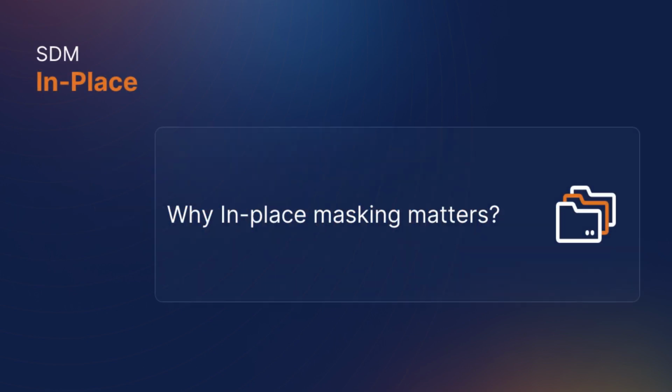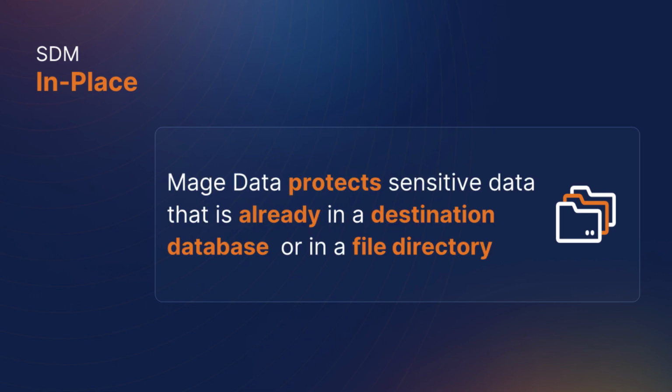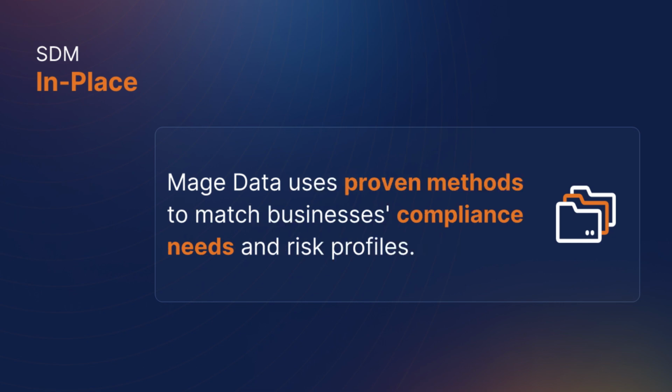Why in-place masking matters. Mage Data protects sensitive data that is already in a destination database, such as production clone and staging, or in a file directory like a landing zone for downstream apps. Mage Data uses proven methods like format-preserving encryption, AES-256, shuffling, pseudonymization, or redaction to match businesses' compliance needs and risk